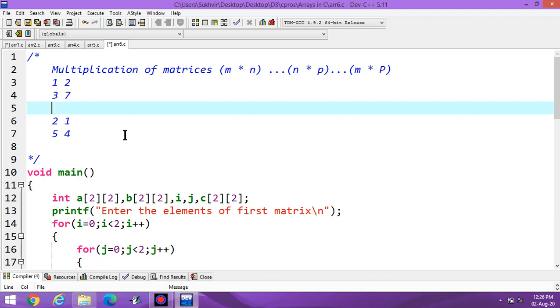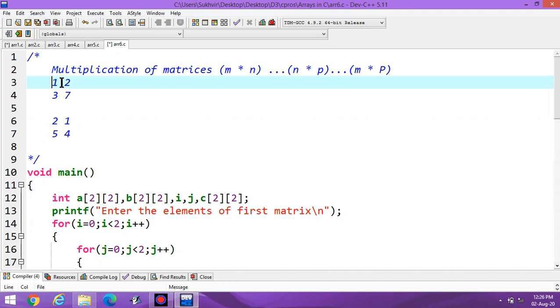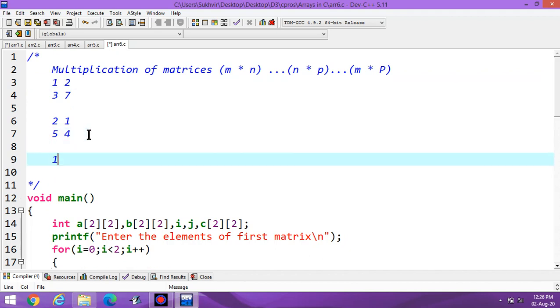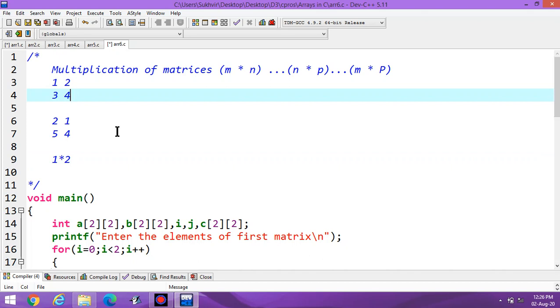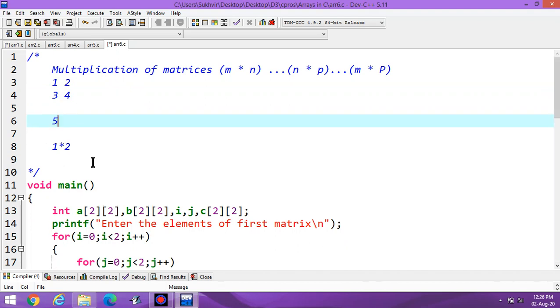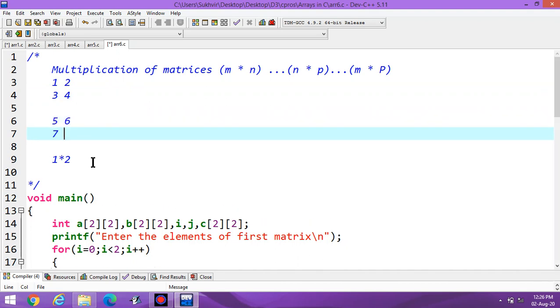Now how to multiply the matrix? The first row is multiplied by the first column, then adding the elements. Now what will be the output? 1 is multiplied by 2, then suppose I write different elements. Suppose I write 1, 2, 3, 4 and 5, 6, 7 and 8.